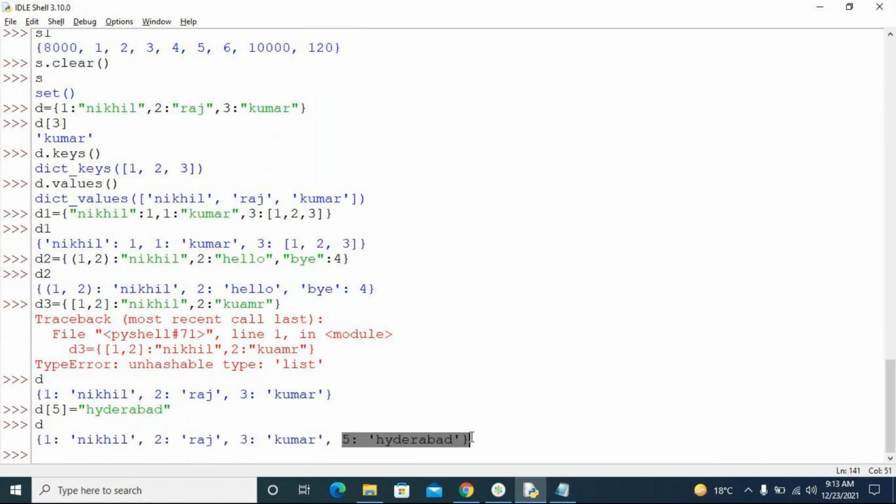So this is the way you add an element to a dictionary. Understood, right? You don't use any methods. There is no other method to add an element to the dictionary, but this is the way. Similarly, if I want to remove, I can say d dot remove, no, I should not say anything called index here.